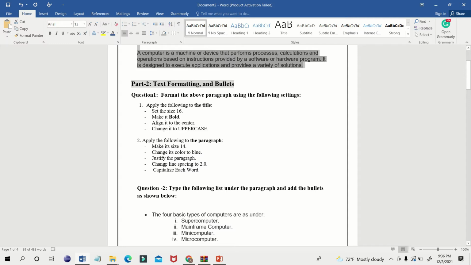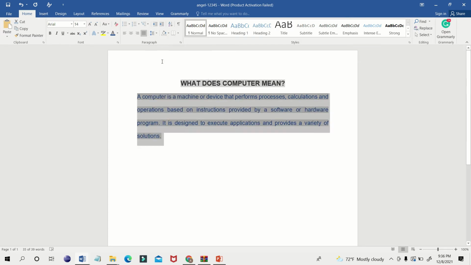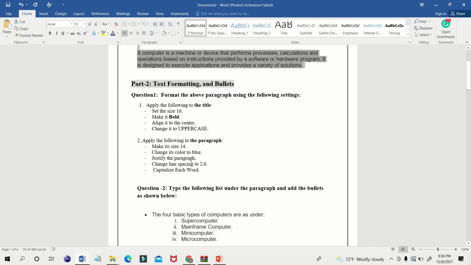And then change line spacing to 2.0. So what we have to do, line spacing should be 2.0. So you can select your paragraph and go to the line spacing and you can keep it as 2.0. Okay, that's it. Then capitalize each word. That means what? Each word should be capitalized.